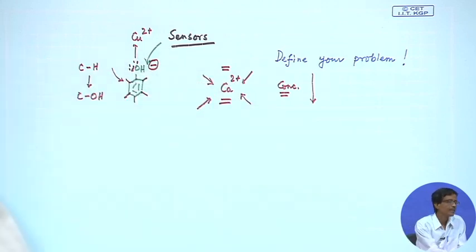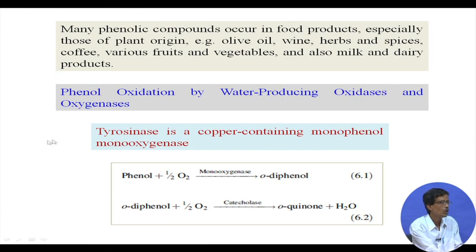So, whenever you read this sort of thing, you should also think of why this particular reaction is going on. So, these two reactions, the first one is the phenol, and when you have the monooxygenase, you go for a diphenol reaction. So, half of this O2 molecule. How much O2 molecule is being consumed, as we have seen earlier, we can track by looking at the corresponding O2 sensor, that means the oxygen sensor.